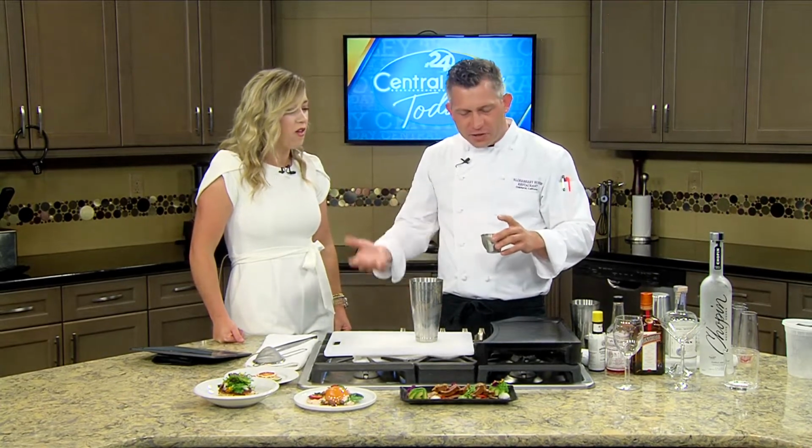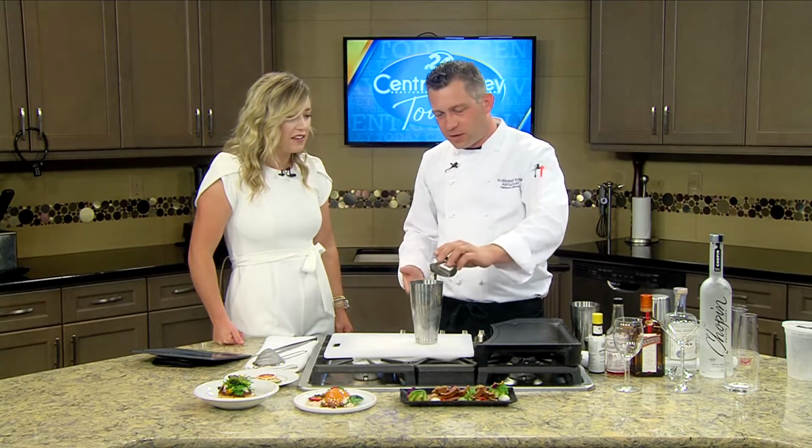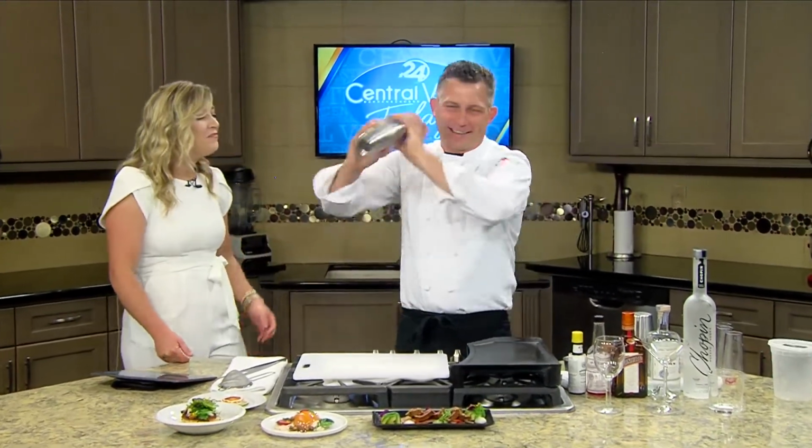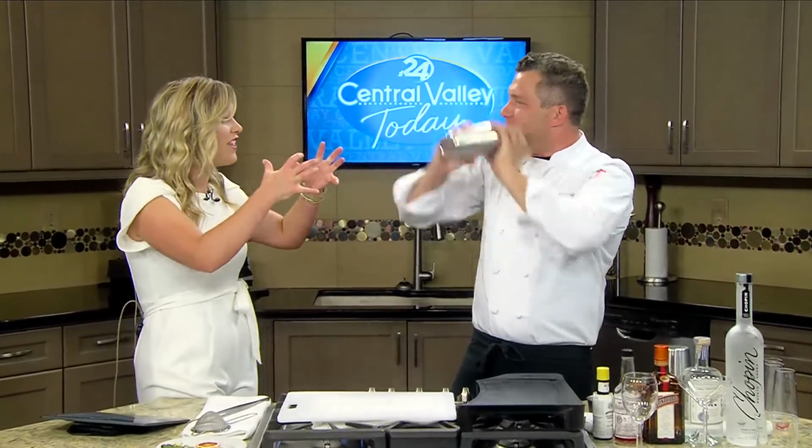It helps the texture of the drink, and it also adds a little visual appeal to the end, too. Yeah. So we're going to pour that in there as well. That's one egg yolk. And then the fun part. This is how you get the arms. Yeah, exactly. And so what you're doing, that'll froth the egg yolk, and it'll get that nice texture on